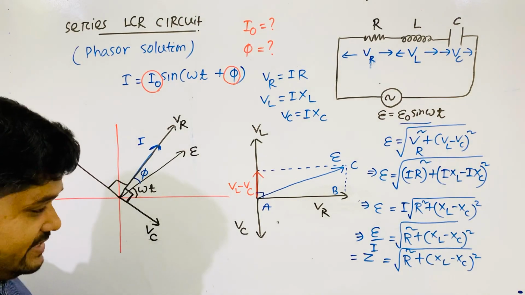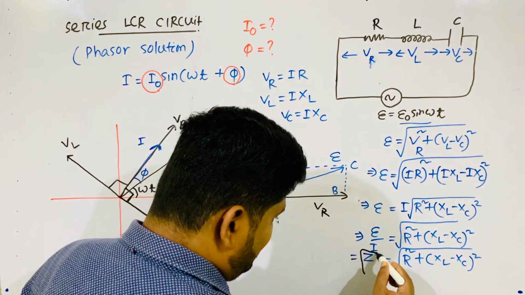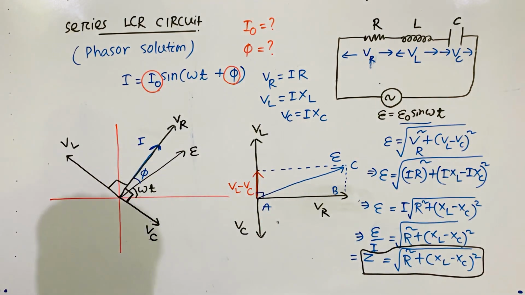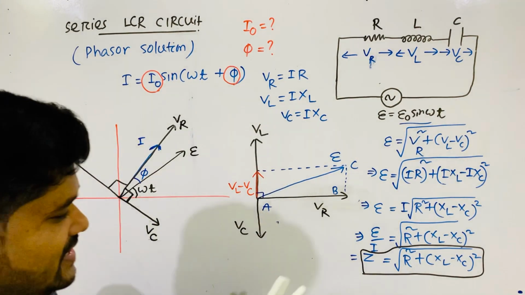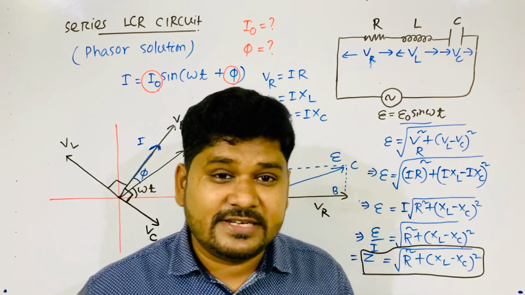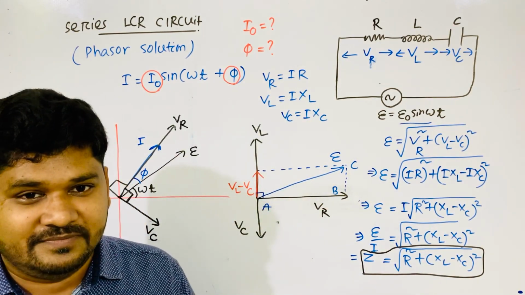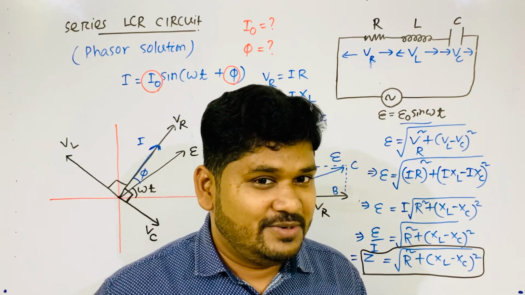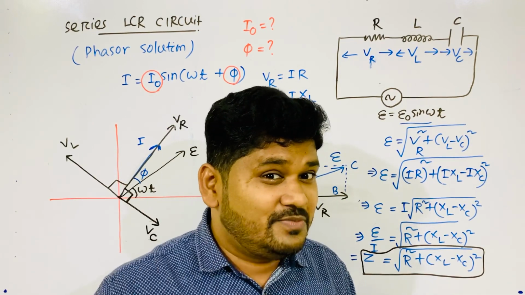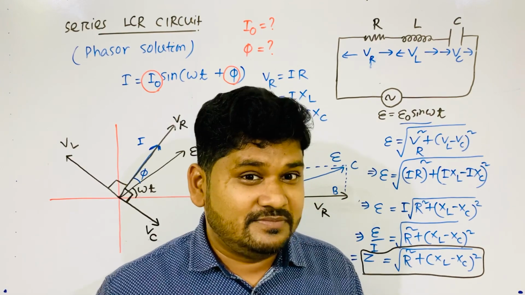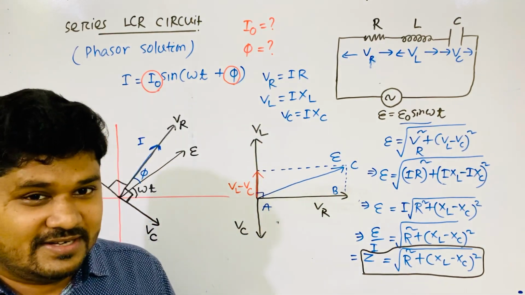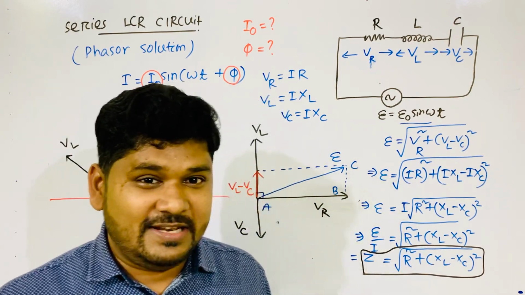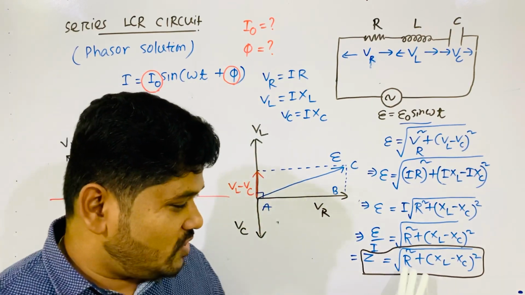So after waiting for a long time, we get our formula. Z is equal to the square root of R square plus XL minus XC whole square. This was the question to us from the starting. When I told you 2 ohm, 3 ohm, 4 ohm, you did 9 ohm. I told you that's wrong. But now after getting this formula you are happy, sir, also we can calculate. Now it will not be wrong.